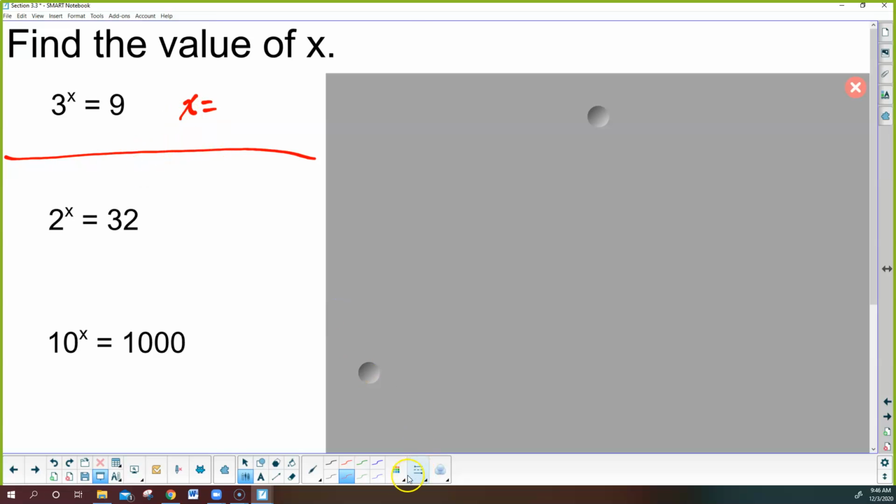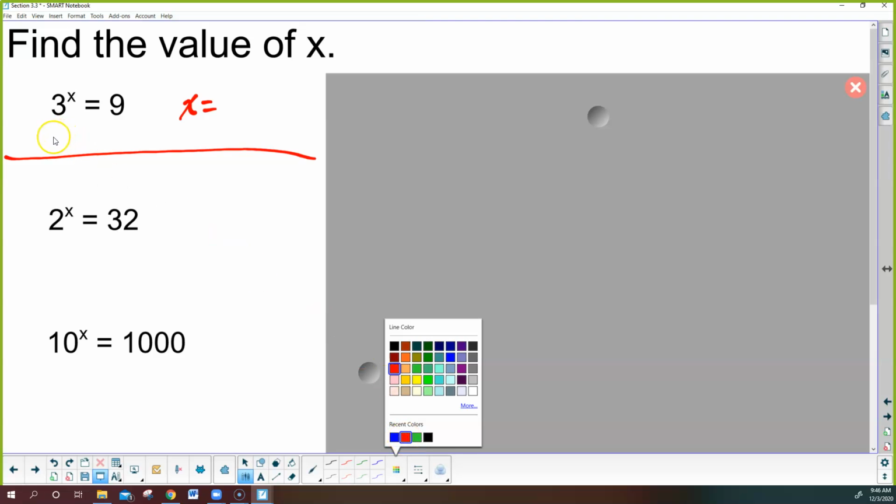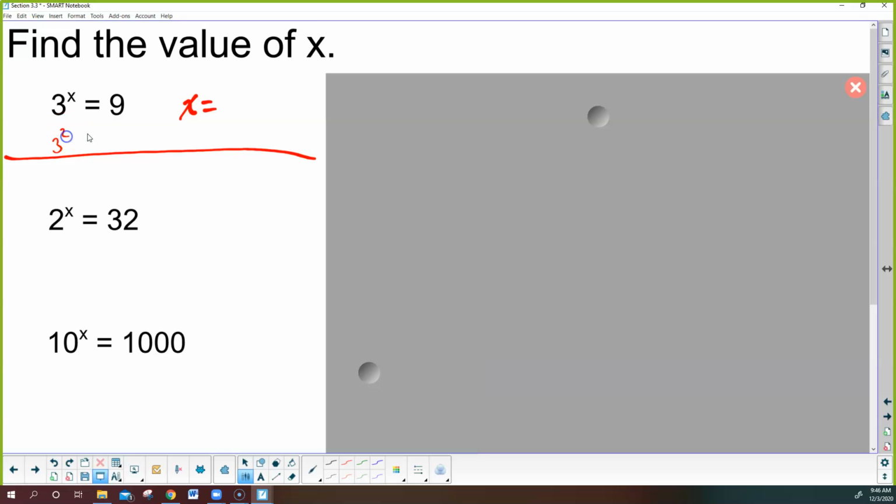Why? Now, here's the important part, and this is what we're doing today. So this really kind of hits home. My guess is you looked at this and said, okay, well, 3 to what power gives me 9? Well, 3 squared gives me 9, so the x has to be 2. What if I asked you to prove that to me? How do you solve for x? I can't take the square root of both sides. I can't. So that's the question, and that's the part that you ran into in Algebra 1, in Algebra 2, is we came across these problems,